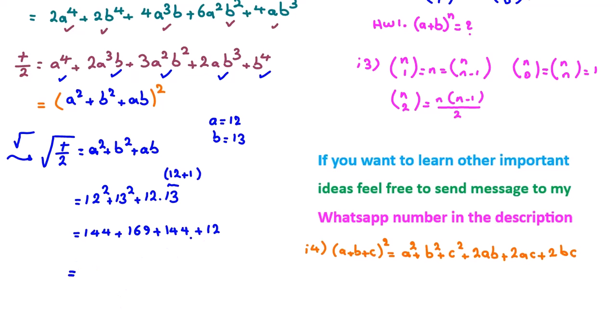Now, if you add all these numbers, 2 plus 4, 6 plus 9, 15 plus 4, 19. We have 1. 1 plus 1, 2 plus 4, 6 plus 6, 12 plus 4, 16. We have 1. 1 plus 1, 2, 3, 4. So the answer is